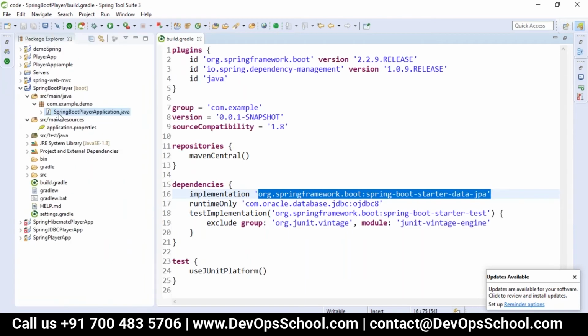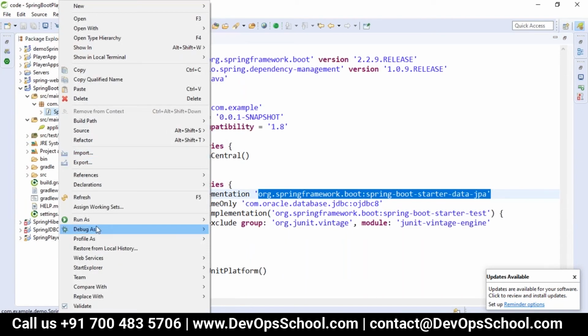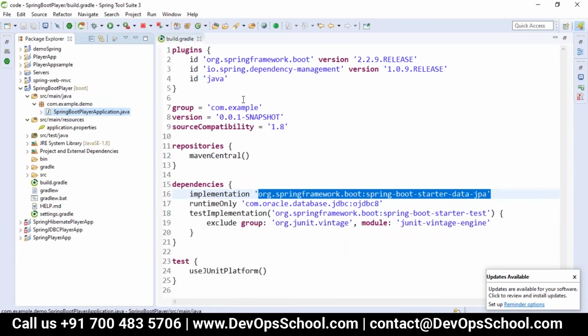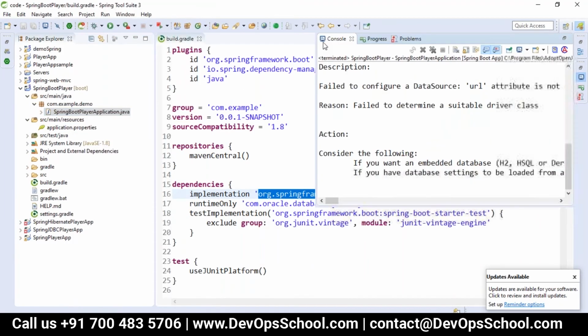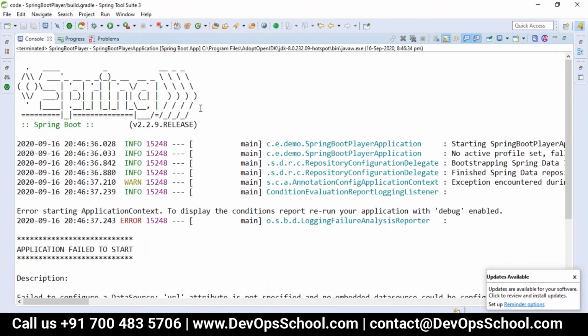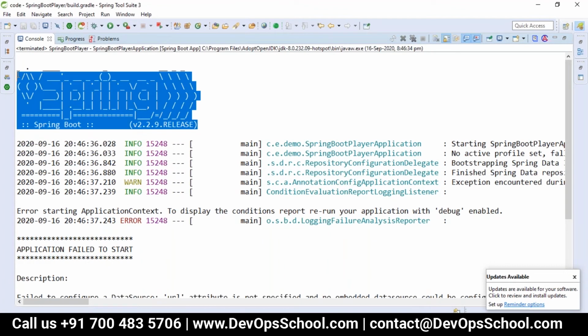Whenever you execute your code as a Spring Boot application, our application will be loaded into the Spring container, by default the application context, with the Spring Boot version.